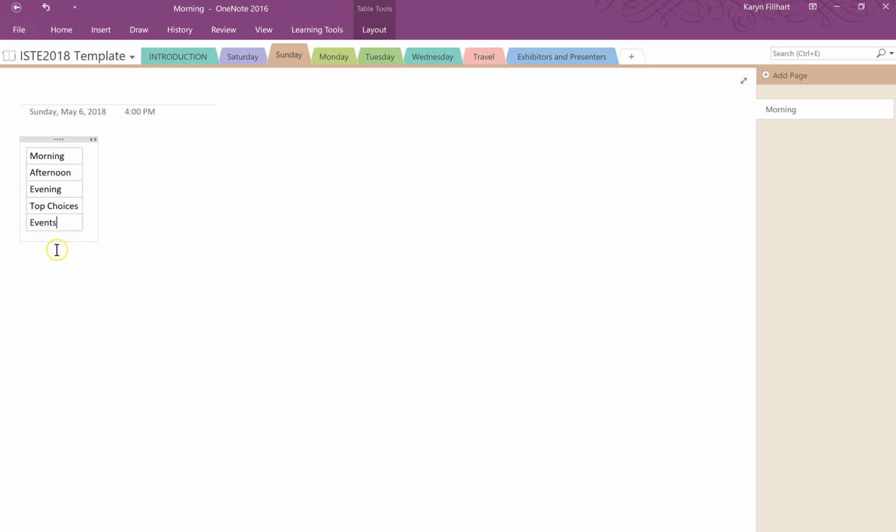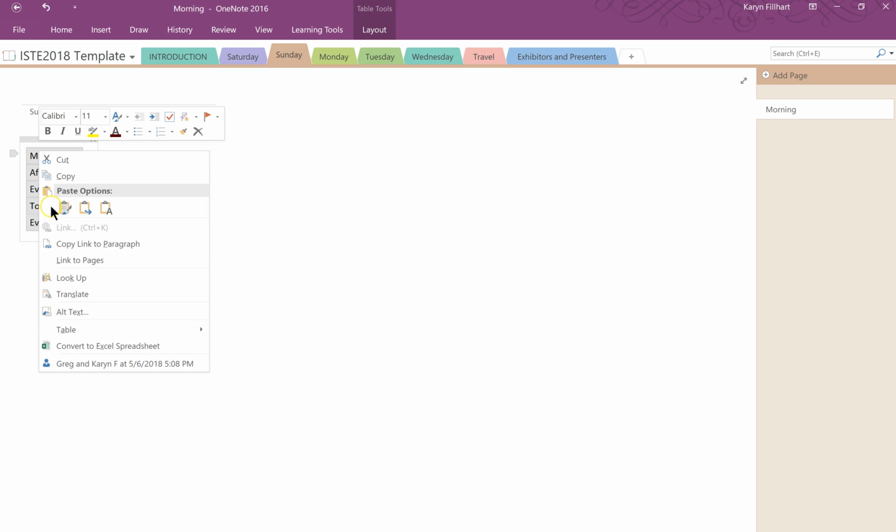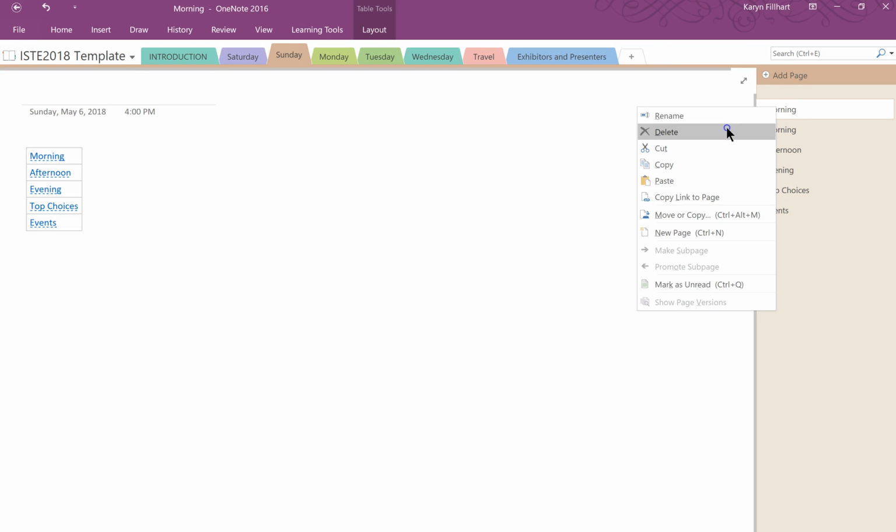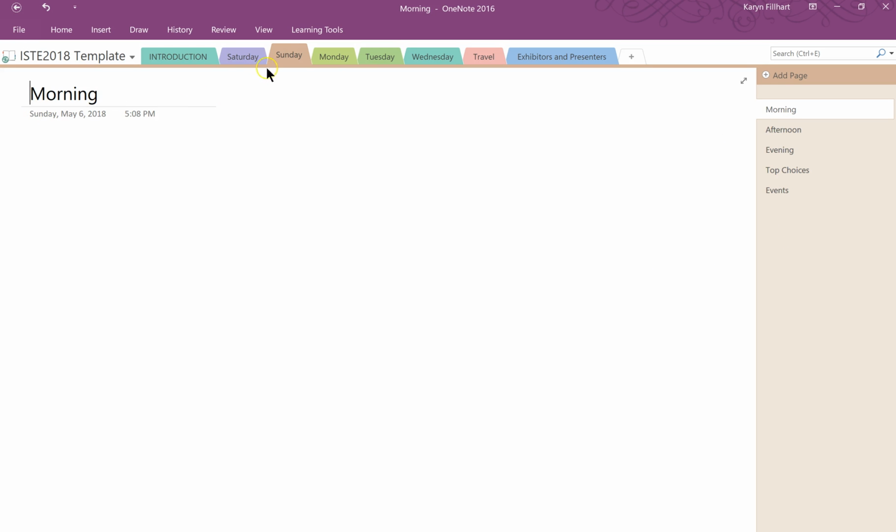Maybe there's outside events. So this is similar to what I did in Excel, only now I don't have to use Excel. So I'm going to highlight the list, right click, and go to Link to Pages. Now you'll notice on the right, it builds all of those pages. My original idea was to copy this table into the others, but the problem is then it hyperlinks back to these pages. So I'm going to delete,